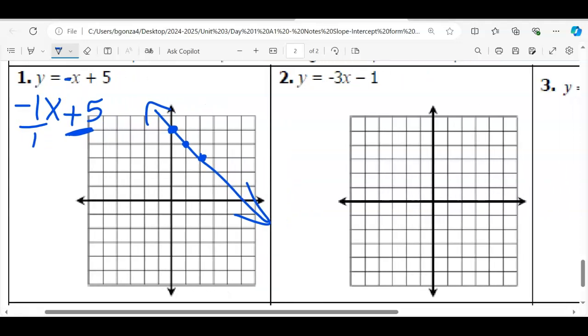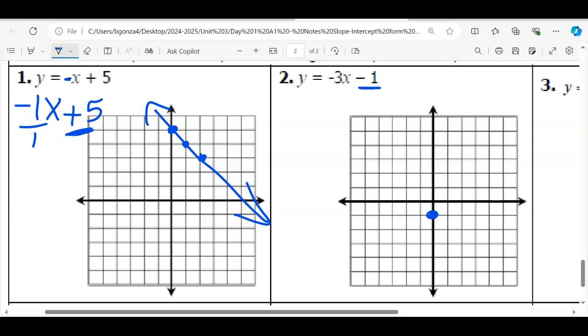Number 2, is it y equals? It is. Do I graph the m or the b first? B is where you begin, okay? My b is negative 1. So put a point at negative 1, which means down 1. Not left, not right, not up, down 1. Okay. Now look,